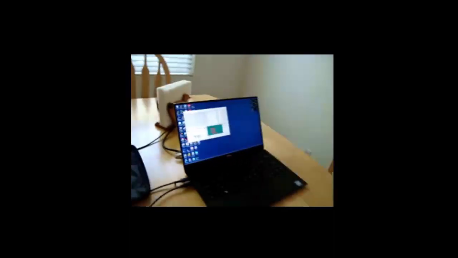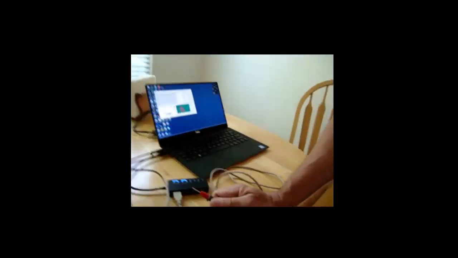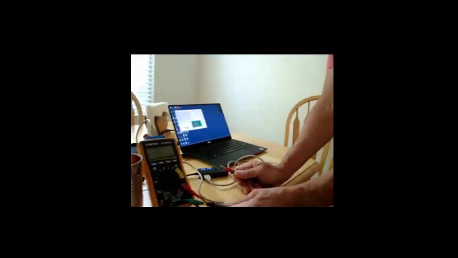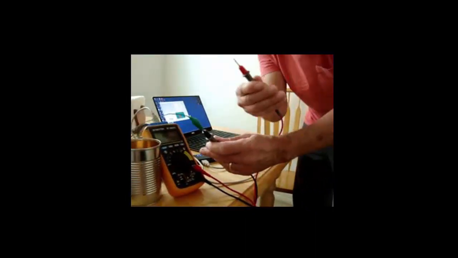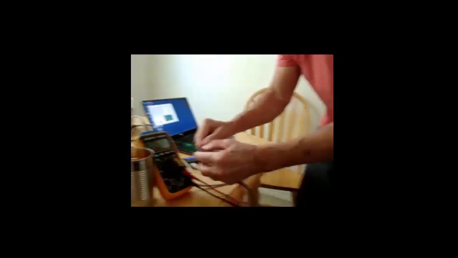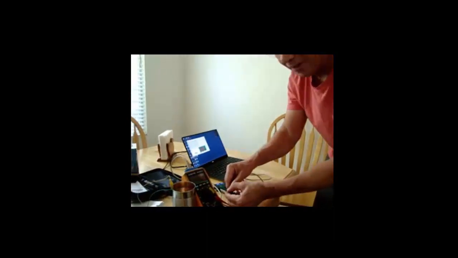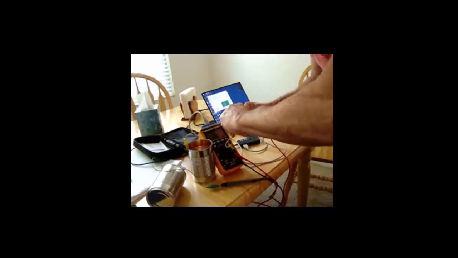Now that's measuring. In that case, it's measuring megohms or millions of ohms, and it's way more than several million ohms between these two leads here, because there's no conductance. And then again, when I touch them together, it's 0. Now, what if instead we hold each tin can, or excuse me,